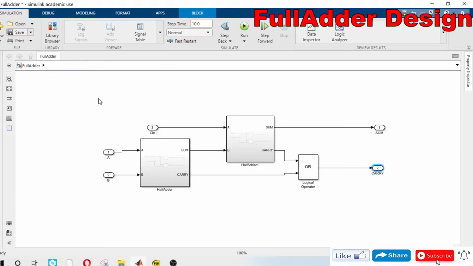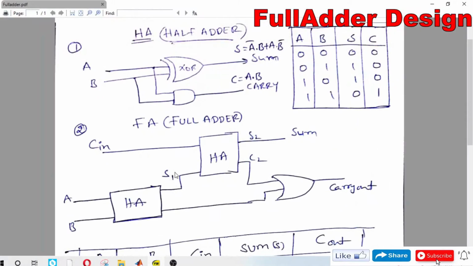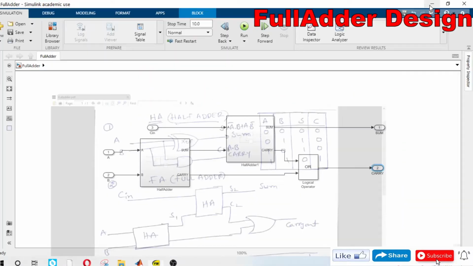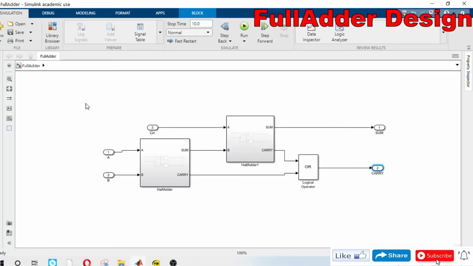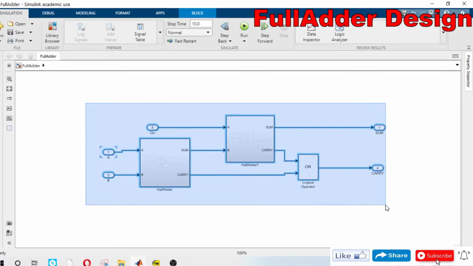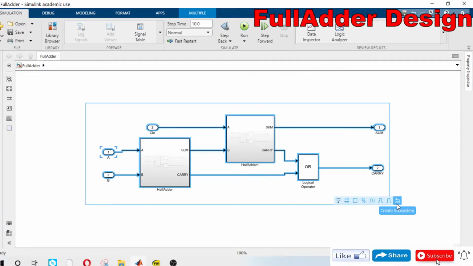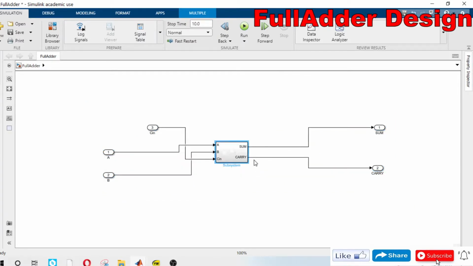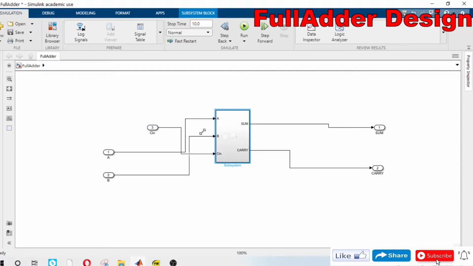I will save it. This is similar to our design, and what I will do is I will make the whole logic into a subsystem, select all and create a subsystem. Better arrange everything in order.